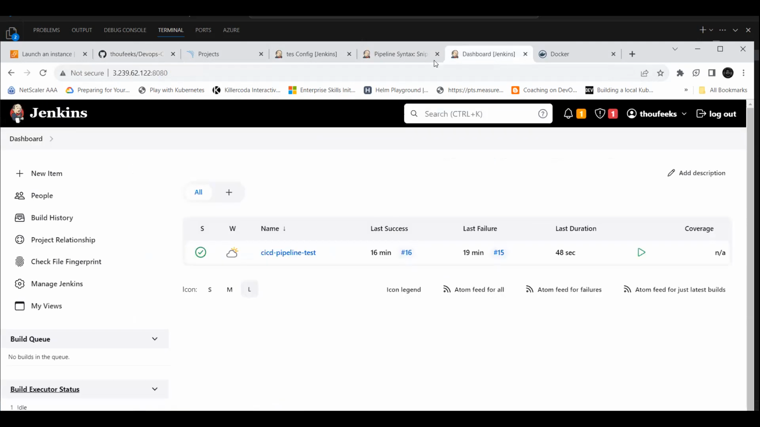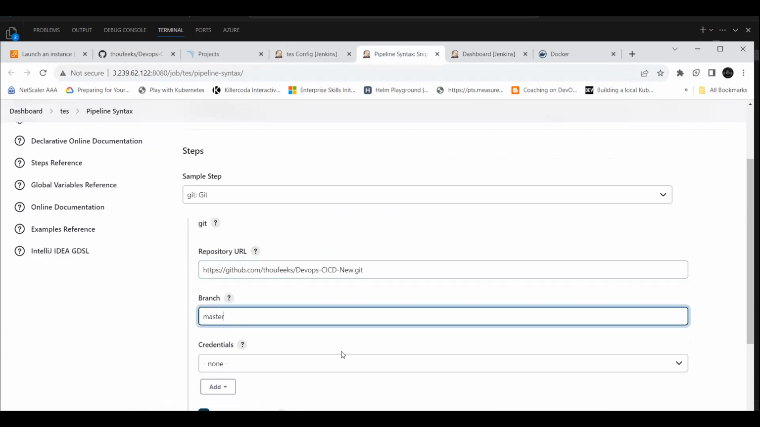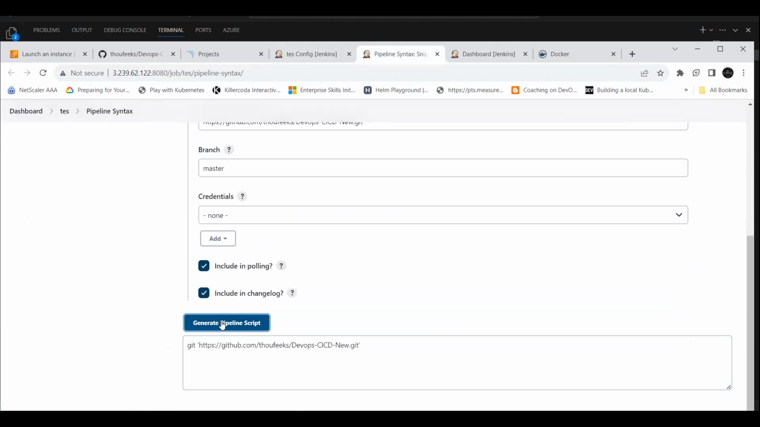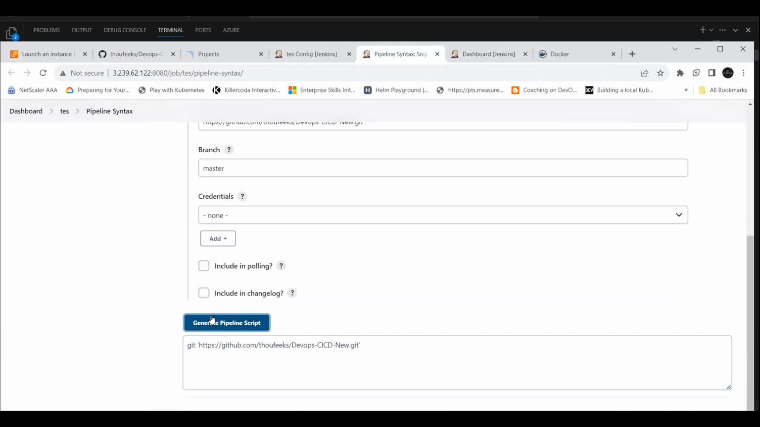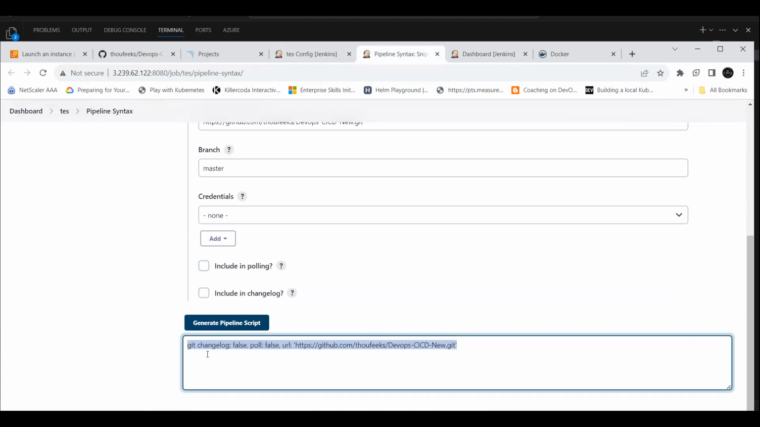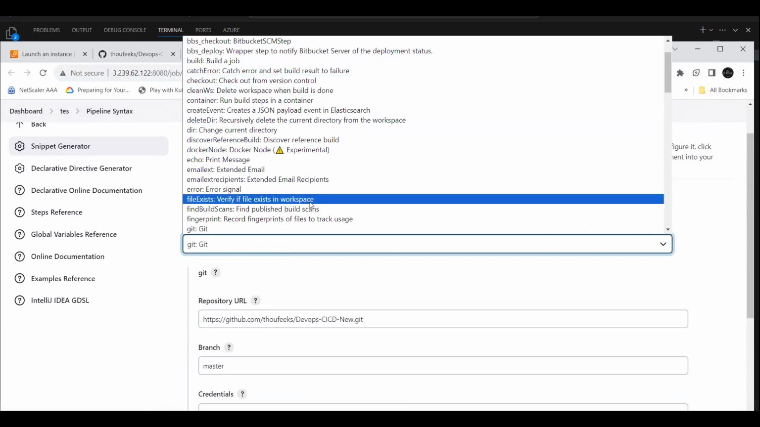Just provide the URL and mention master or main, then generate. So this is a simple command for checkout. Yeah, this is a command. Okay, Git change log false is the URL checkout command. Then other thing is